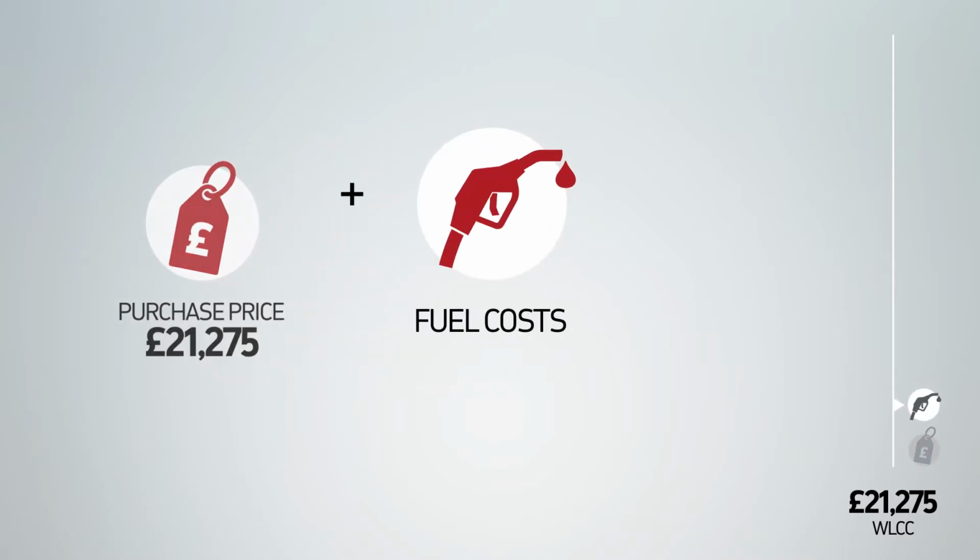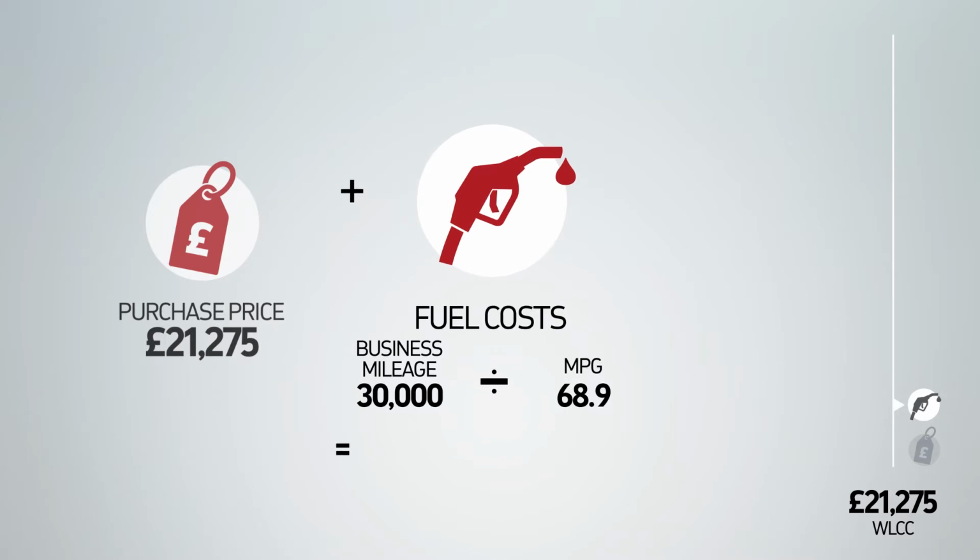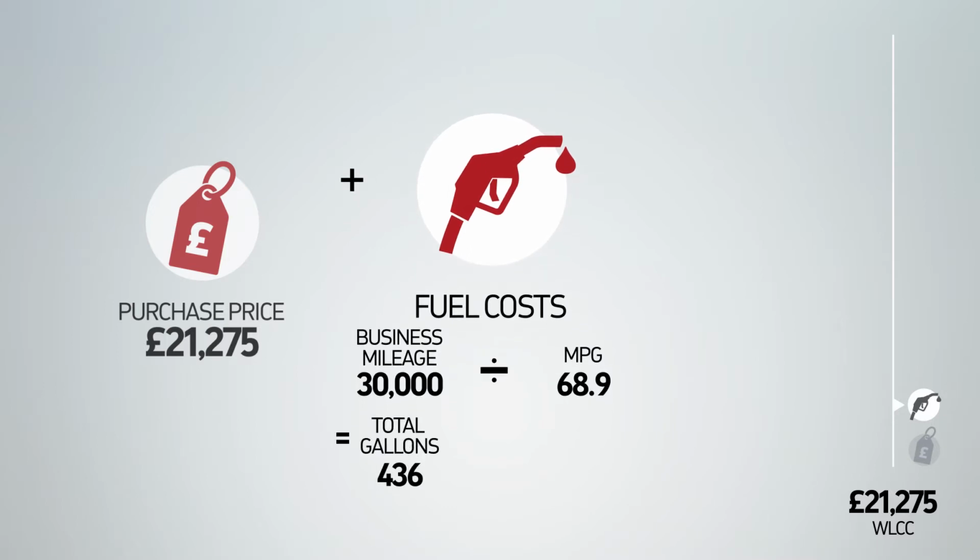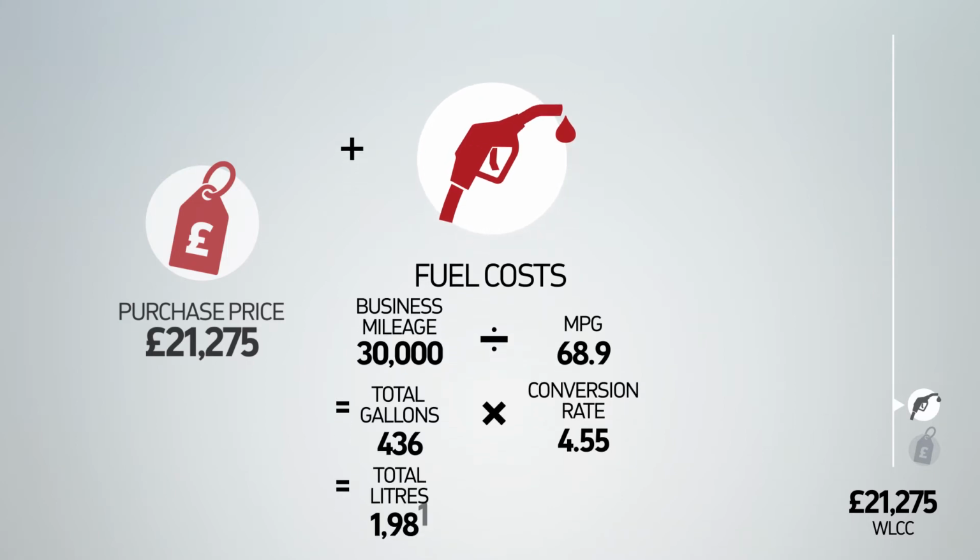Now add the fuel costs for the business miles over the whole length of ownership. This is calculated by dividing your total mileage, in this case 30,000, by the car's combined miles per gallon figure, which in our example is 68.9. This gives you a total of 436, which is the number of gallons of fuel used over the specified period. You then multiply the number of gallons by 4.55 to convert the total usage figures to litres. In this case, the total would be